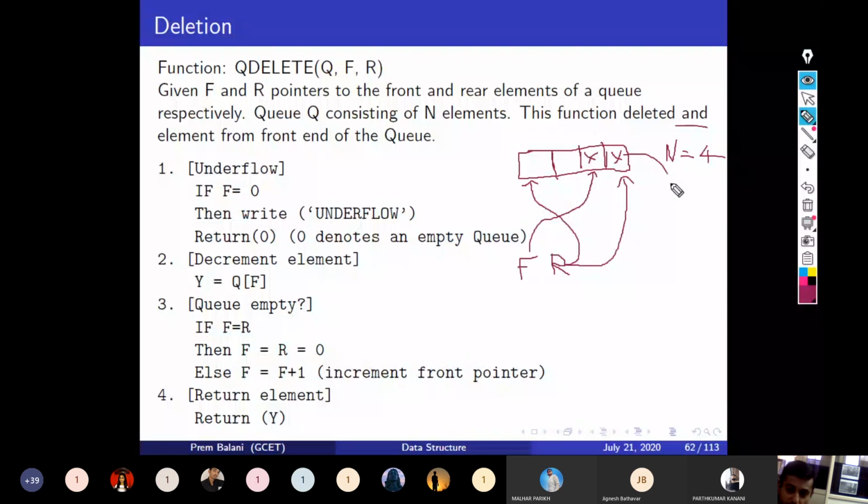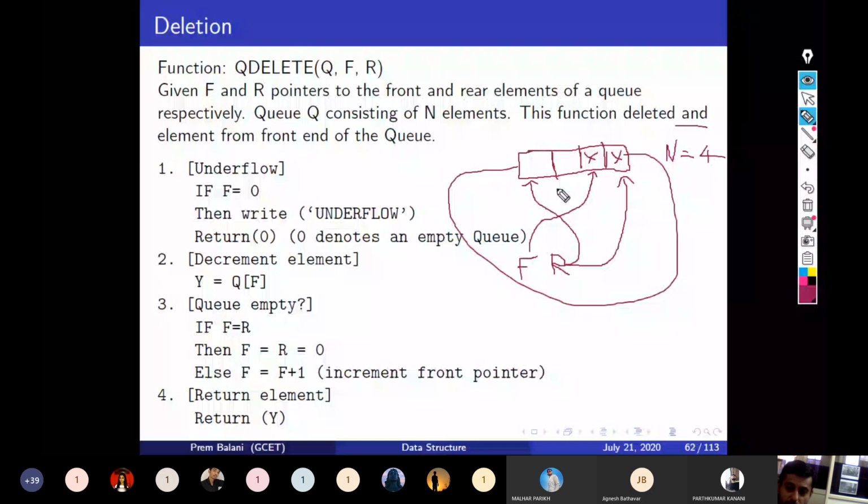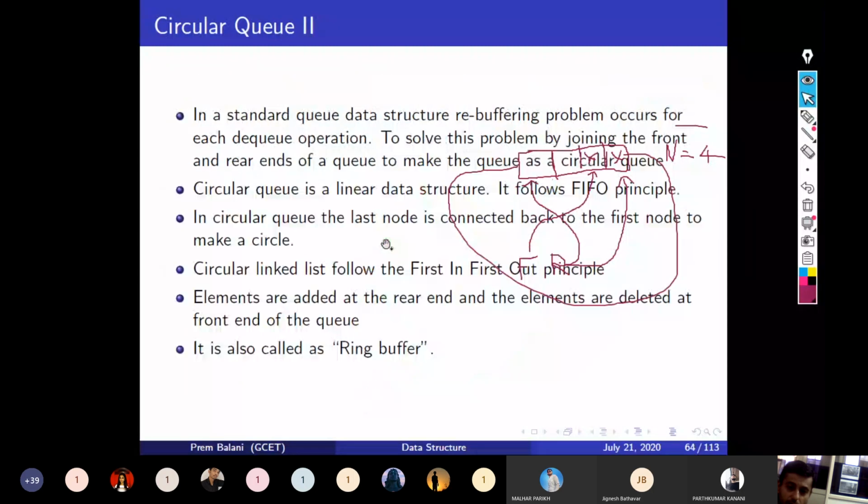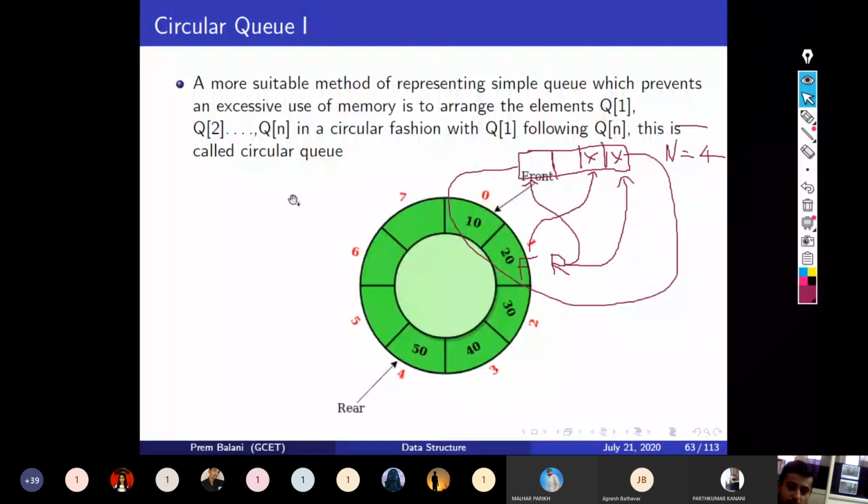So this whole queue will be considered as a circular queue, and as there is a vacant place in the queue, that can be filled with a new element, which was not possible in the simple queue. So let's understand this circular queue.